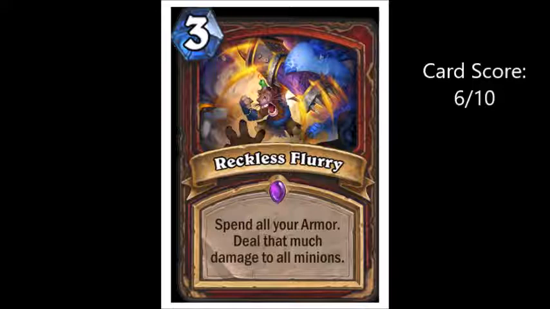Reckless Flurry. It spends your armor, so your armor goes away, but you deal that much damage to all minions. So it's a much needed board clear that Warrior wanted, but it's kind of hard to use in Arena, so it's not that great. But you can always armor up and then do a Volcanic Potion-like effect. It just is not insanely powerful, but it is good that Warrior's got it. And if you happen to plan your turns properly, it can still be good if you have armor up abilities, which they have introduced into the Arena, or if you play the 2-drop